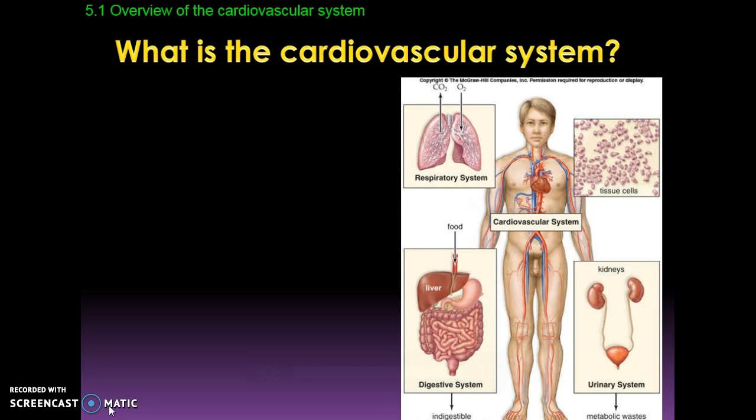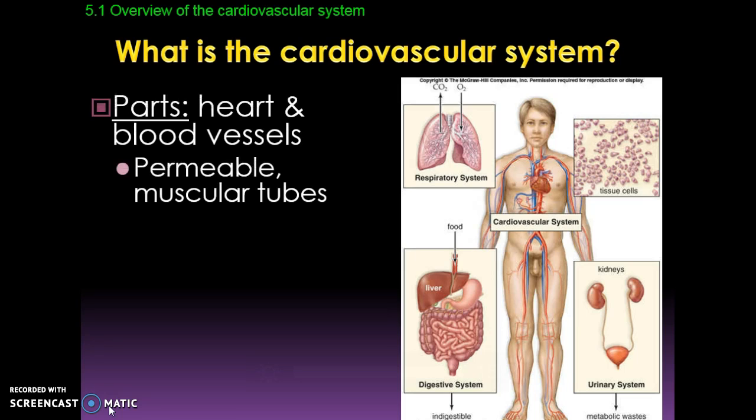So if we just look at an overview of the cardiovascular system, it can be relatively basic in content, to an extent. The cardiovascular system is composed of the heart and the blood vessels. So there, in that description, it's very basic. However,